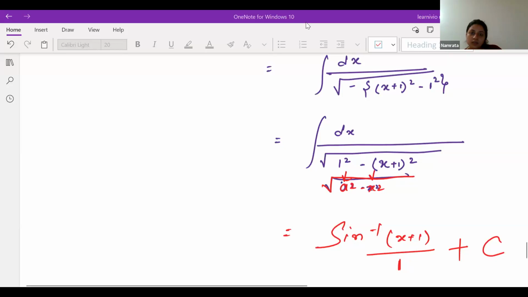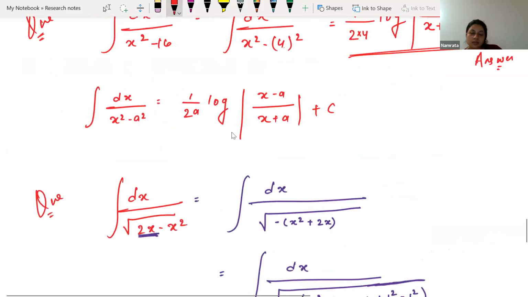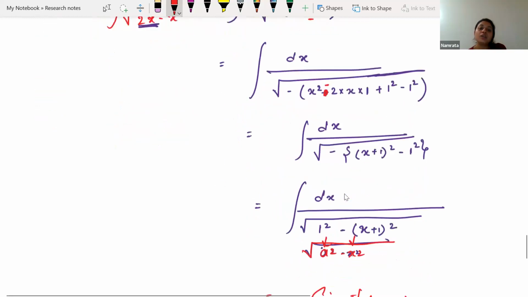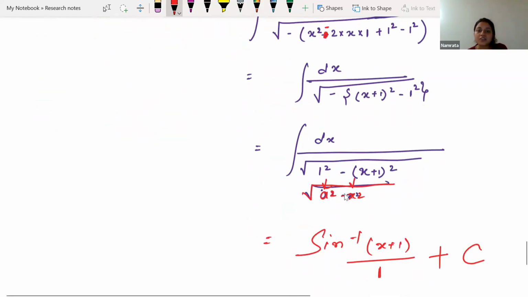Let me check. Oh yeah, it should be minus 2x. I have taken it as plus 2x. So when we are taking out minus common, it should be minus 2x. Here it should be minus 2x, and now since we are having minus 2x, the formula will become a minus b whole square. Instead of this one we will be having a minus b whole square, and now here we will be having